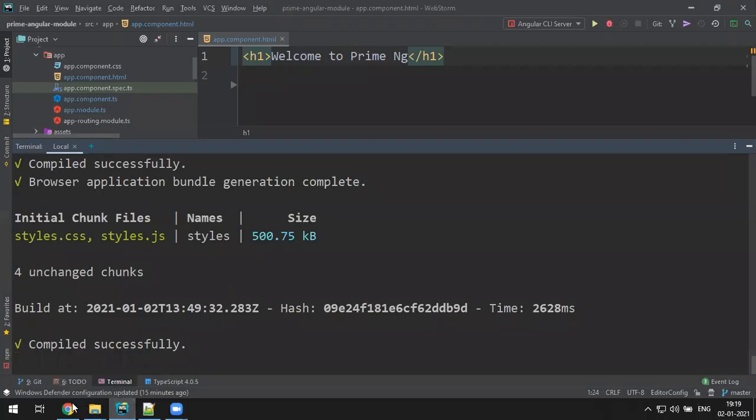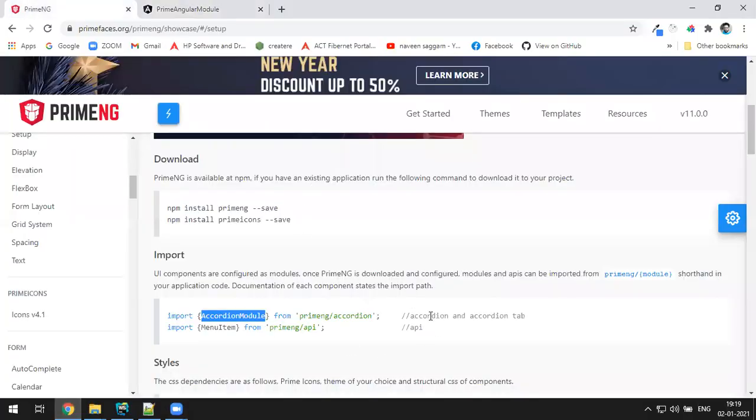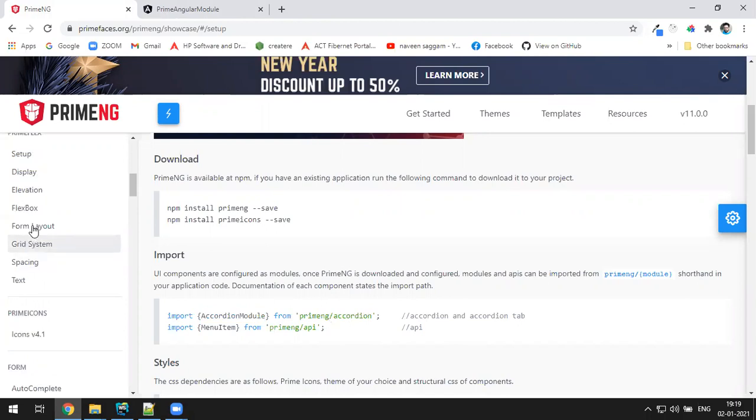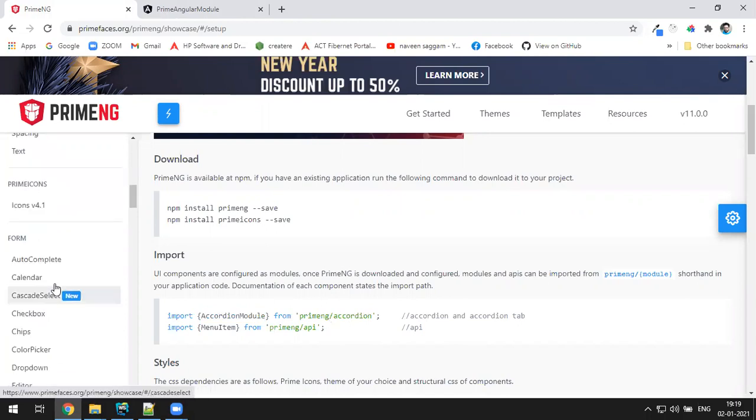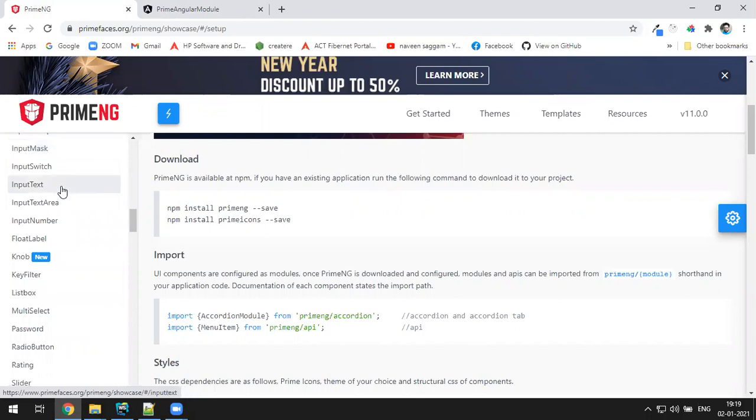Just like if you want to use HTTP client from Angular, you import HttpClientModule. If you do forms binding, you import FormsModule. Just like that, for every component like calendar, input mask, and every other component you see here.